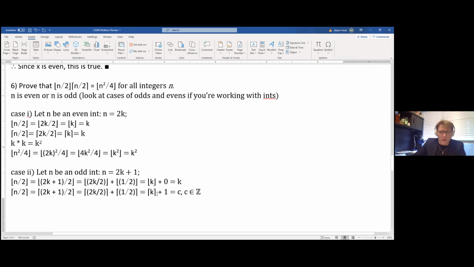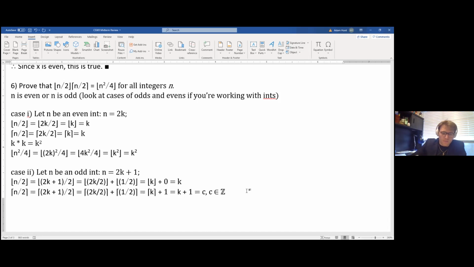Oh, well, I didn't actually. Are you just saying that k plus 1 equals some integer c? That's all. Okay, got it. I'm confused as to the point of that. He's just saying they're integers, because k plus 1 is also an integer. That's all I'm establishing. Maybe it's a little overkill, but